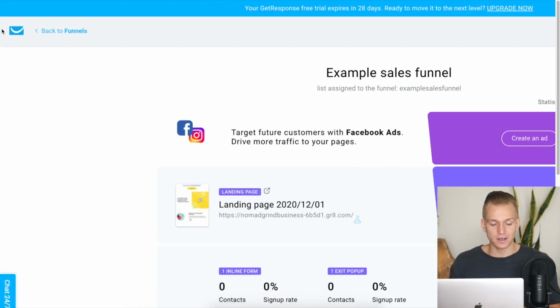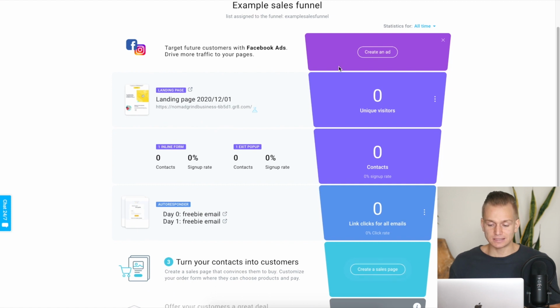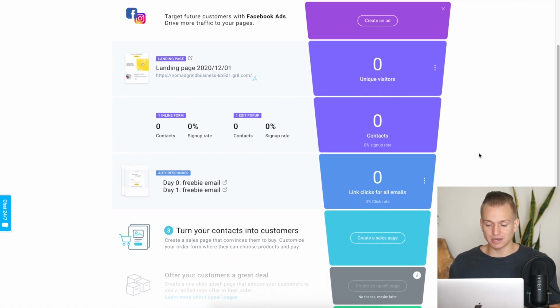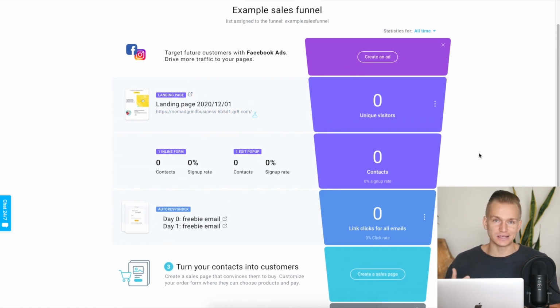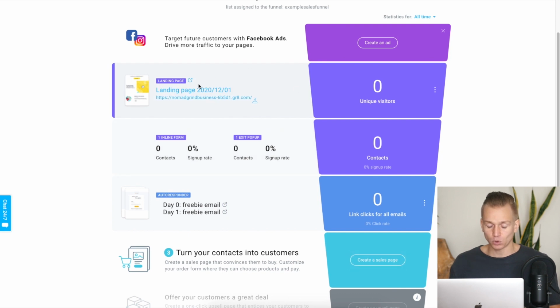Another thing that you might want to consider that is unique is creating a sales funnel. So on GetResponse, you can actually create a sales funnel. So as you can see, this is basically what it looks like. So it's just an easy visual representation of what your potential customers are going through. So you can set up basically ads, and you can then drive traffic to a landing page. So in here, you will be able to create your landing page right here